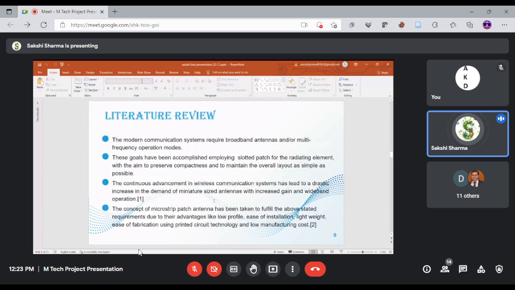Now let's move on to the next topic, which is literature review. Modern communication systems require broadband antennas and or multi-frequency operation modes. These goals have been accomplished employing a slotted patch radiating element with the aim to preserve compactness and to maintain the overall layout as simple as possible. The continuous advancement in